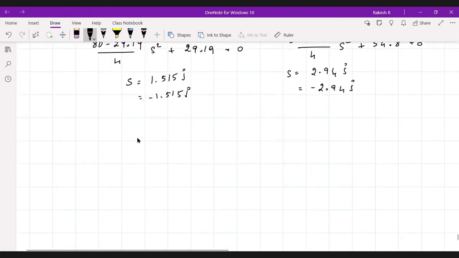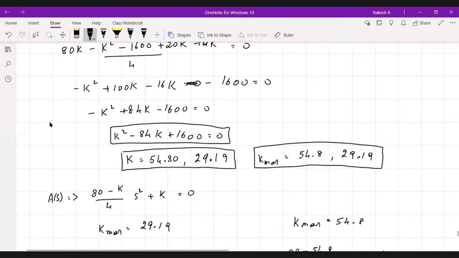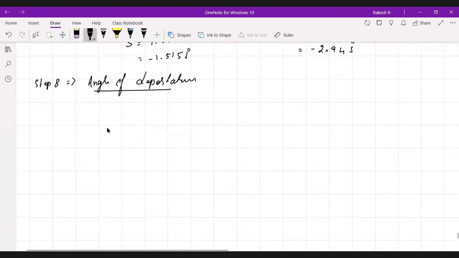Right. So that is step number, I think 8. Yeah, step 8. Step 8 is to find out the angle of departure. Right. To find out the angle of departure, what is the formula we have? Phi d is the angle of departure, that is (2q plus 1) into 180. For departure, we have positive sign, right? I think I have given positive sign.